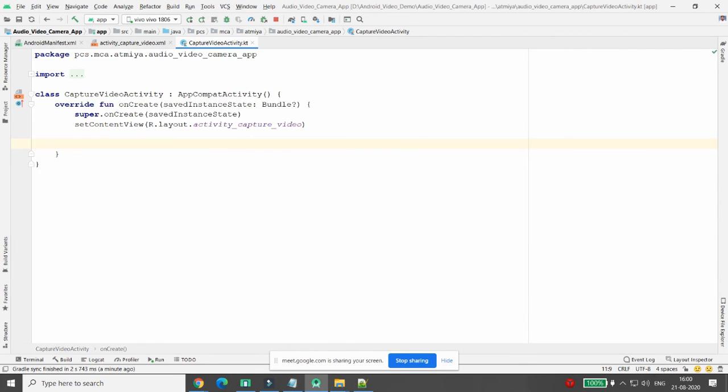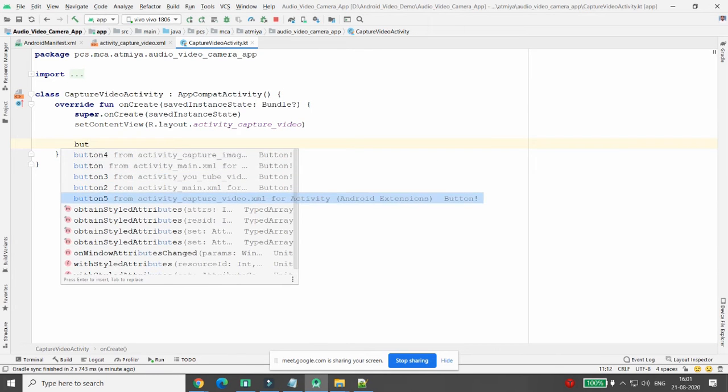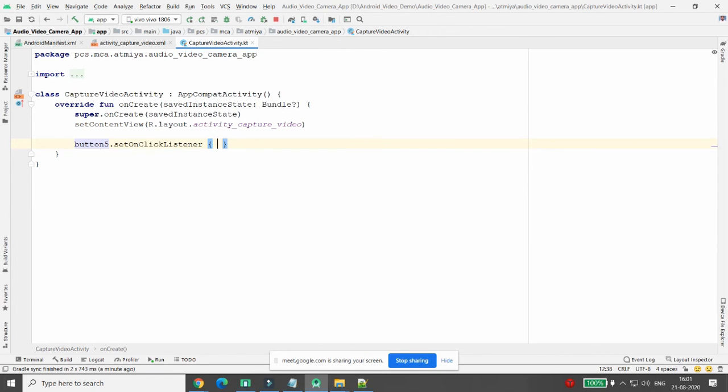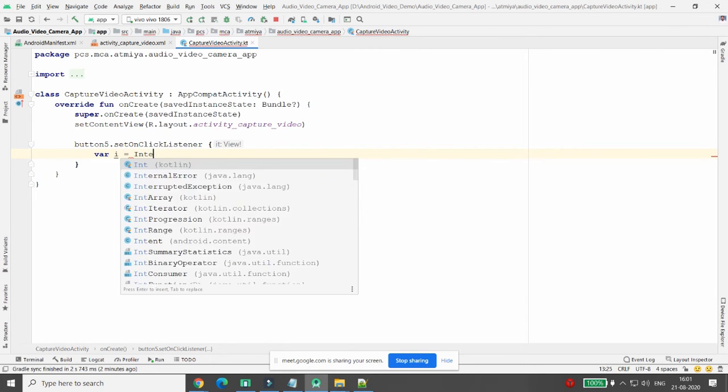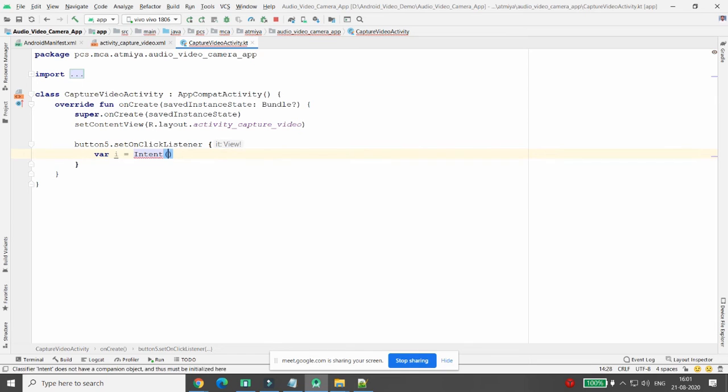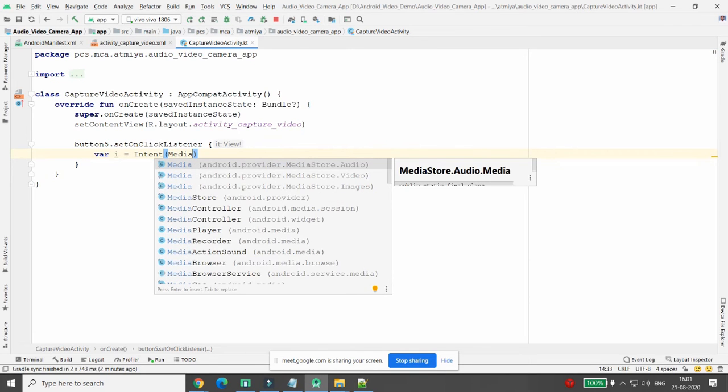Definitely we need to take the permission of the camera. But once you have taken the permission of the camera, you don't need to write the code for the camera permission again. So the code for the camera permission will be skipped from this particular portion. You can directly write button number 5 dot set on click listener. Whenever the user clicks on this button number 5, I want to open the intent. And here in this intent, we need a media store, that is